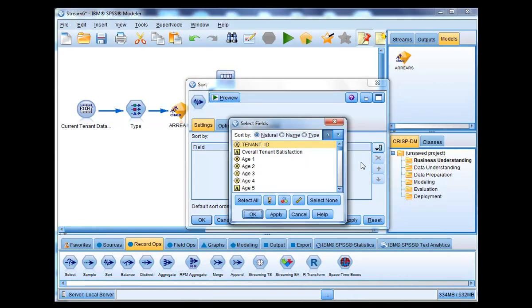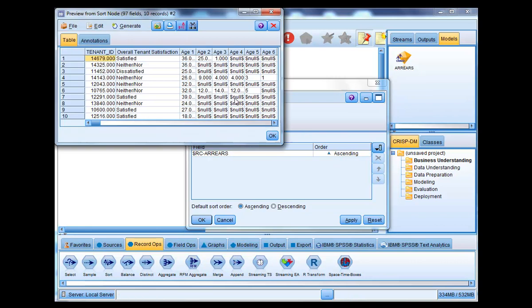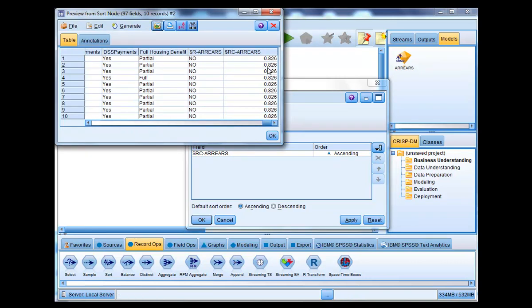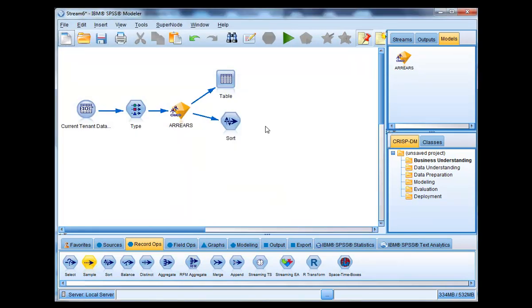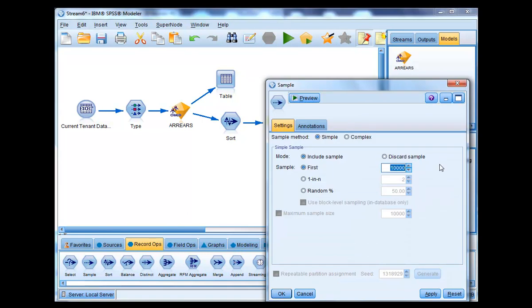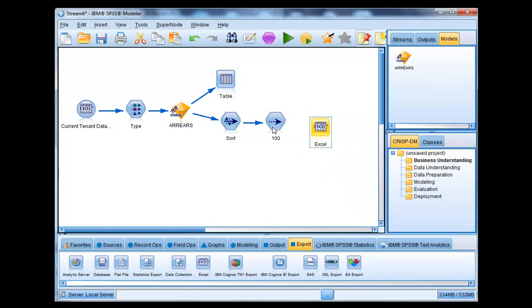So what we're going to do is bring in our variable that we want to sort on, and then we want to sort in ascending order. So this will leave us with the tenants who have the highest likelihood of falling into rent arrears at the top. We then may want to take a sample of these tenants and include the first 100. That's who we're going to target with our campaign to prevent them from falling into rent arrears, and export this into an Excel spreadsheet so we can distribute